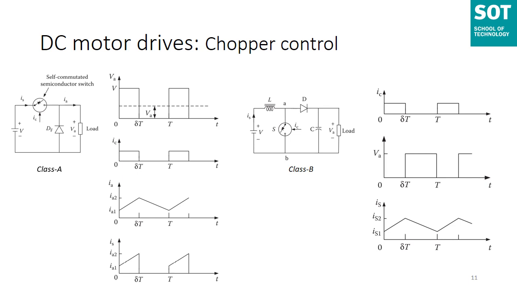And the decrease is happening from IS2 to IS1, of course, from delta T when you have switched the switch up till capital T. This is the switch off period. The energy stored in the inductance at this point and the energy supplied by the low voltage source are then provided to the load. So what here capacitor is doing, it is serving two purposes.